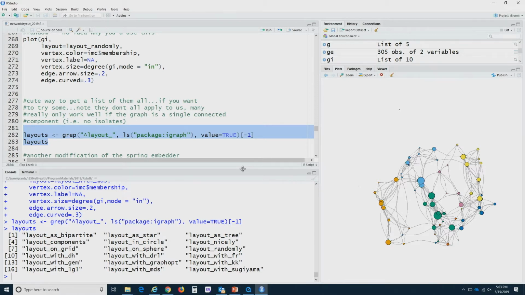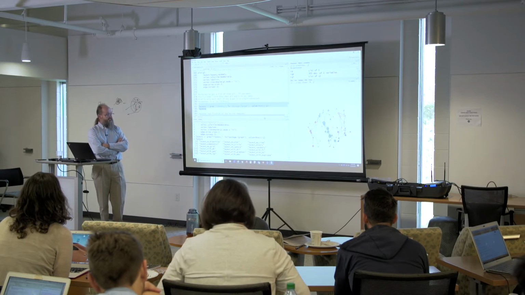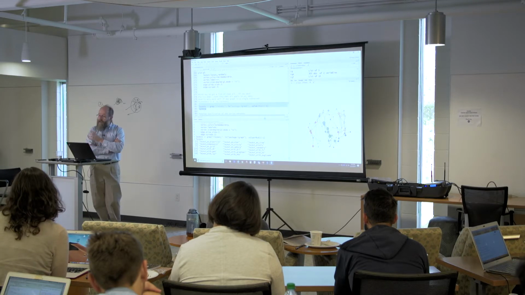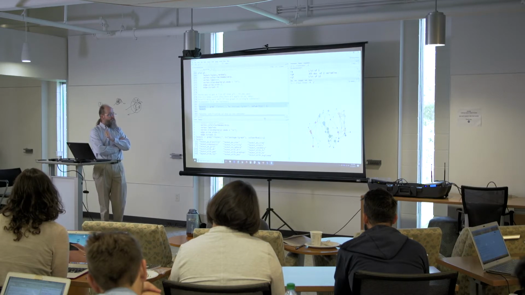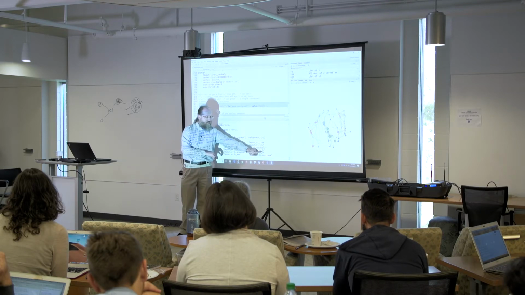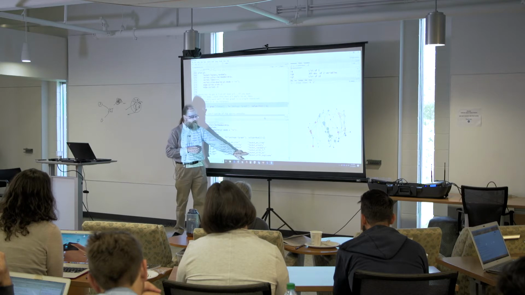My favorite, just from a naming standpoint, is layout nicely. I'm not sure why you'd ever want layout bad. So layout nicely, that's in there. That's just a little bit of fuzz on top of the Fruchterman Reingold. If you don't know what else to do, and you're saying, come on, Moody, just give me one bit of information on what to do, your single best choice is usually Fruchterman Reingold, which is layout with Fruchterman Reingold. If you're worried about lots of clumping, the second best thing to do is layout with KK,